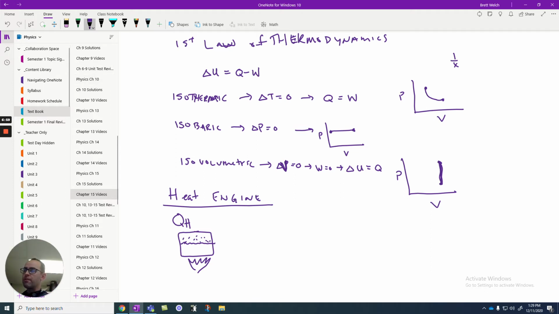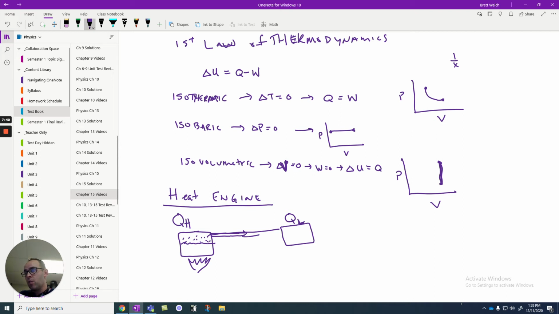Now, if the whole environment that it's in is also extremely hot, then it's going to be at an equilibrium and it's not going to try to move. But if I create a little hole over here, a little pipe, if you will, and on the other end, have an exhaust, we'll call it QL, a reservoir of cool air, a place where it can cool off, or where all that heat could go and level out, be equal with the universe. This hot air is going to want to go down this channel, towards that.